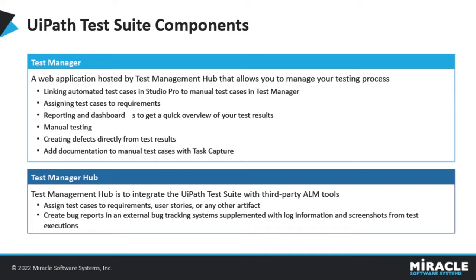Coming to the Test Manager Hub. For example, in Jira, it has user stories. Exactly like that, Test Manager Hub will let you import those requirements from external systems via specific connectors. This way, you will be able to integrate testing seamlessly into your existing development process and synchronize requirements from third-party tools with your test execution results, where it creates a bug tracking report with screenshots and log level information.